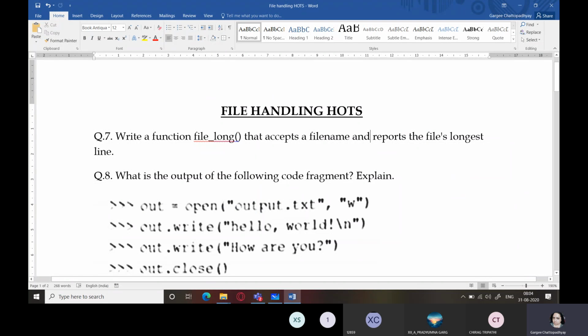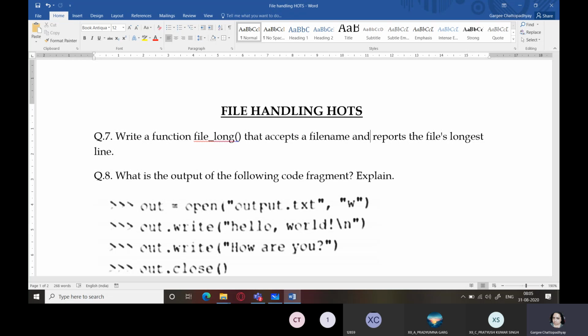So now let's start with today's class. Now, students, we are not going to run the file on Python IDE because these are HOTS questions and basically these you will be getting in your theory exam to write in the exam. So today I will also be telling you that if you have to write answers in your exam, how you need to write that. There is a different method which you have to follow for practical and for theory.